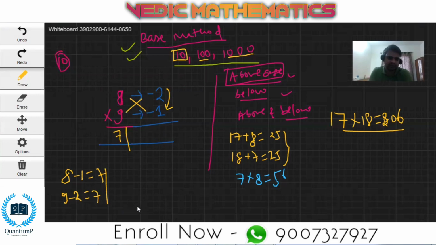So if you multiply minus 2 and minus 1, you'll get 2, right? So write here 2. That's it. So you see how much you're getting? You're getting 72, right? Okay, and as it is a 10 base, so after this line there is already